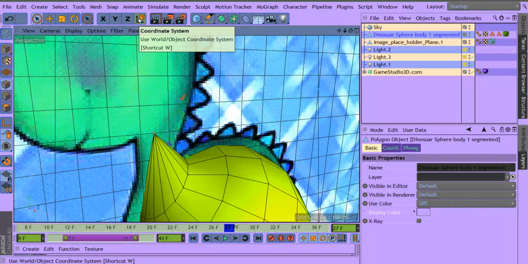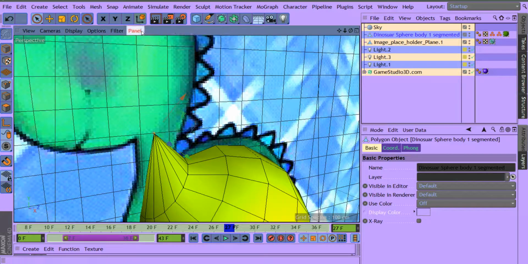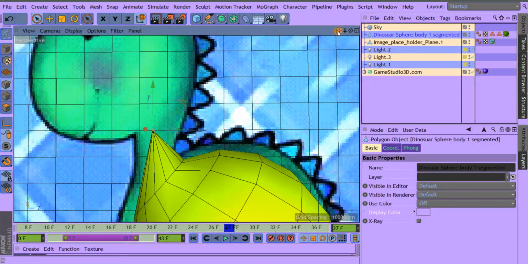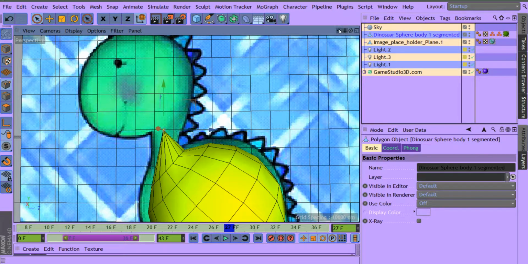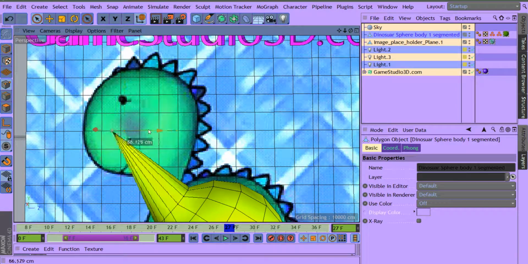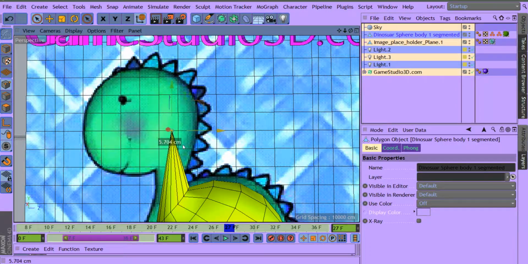Use World Object Coordinate System, and the shortcut is W on the keyboard there. And we can click that on, and then see how our arrows changed. Now they're going up and down. So if we pull straight up or we grab the blue, it's going to stay on